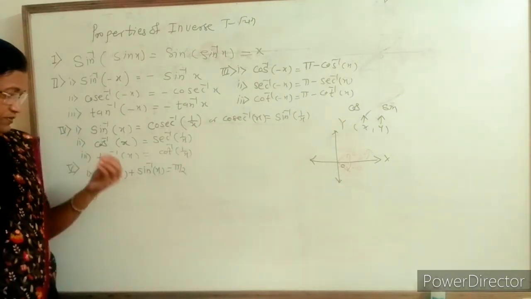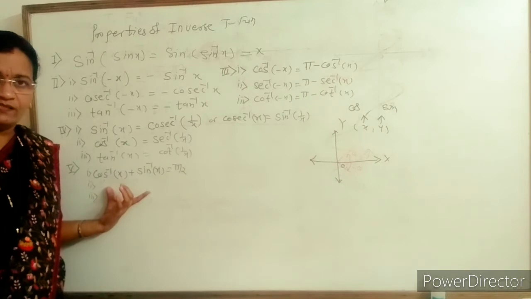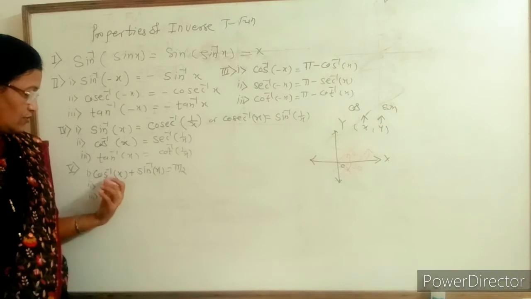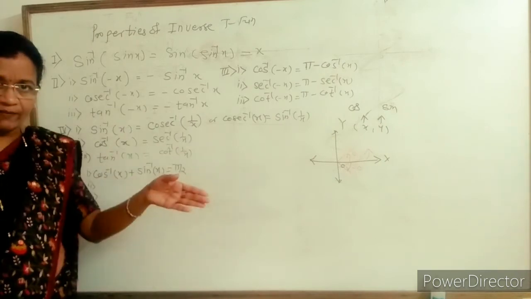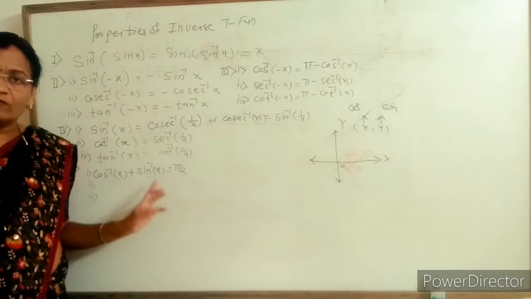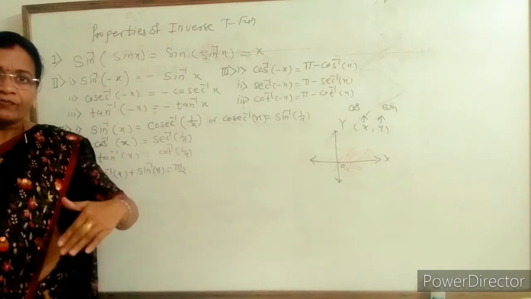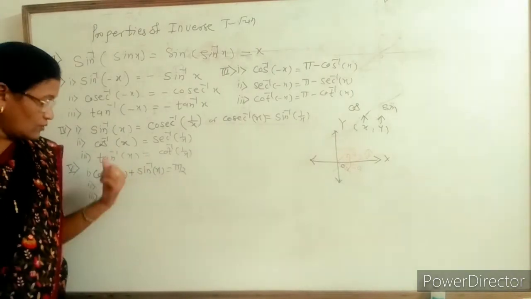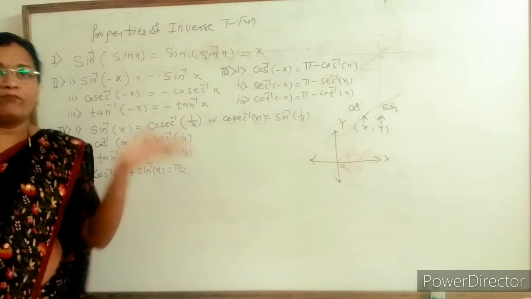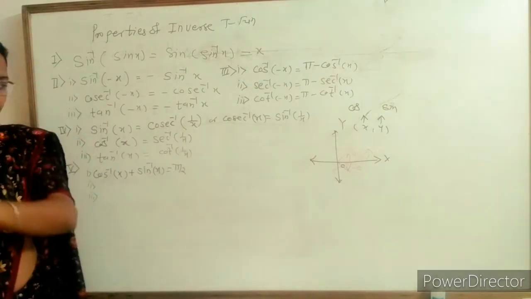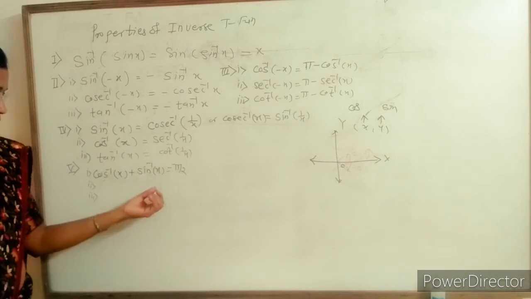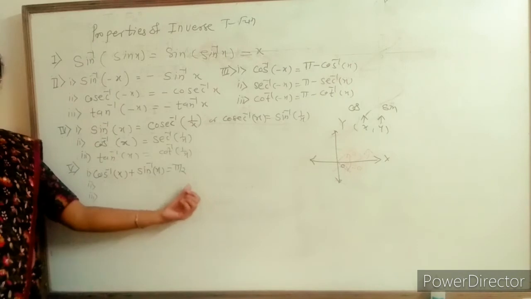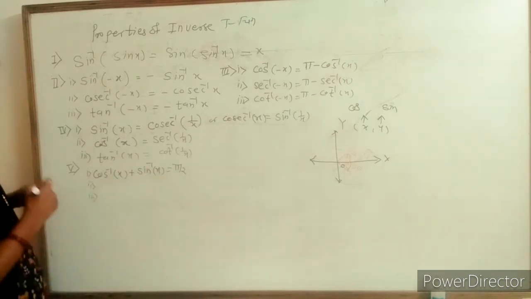Before this you know that if you assume one of the ratios, suppose you take cos inverse x equal to y, then with the help of this you find the value of x, so that x is equal to cos y. With the help of this cos y you can find the value of sine. So cos can be replaced by sine, but its angle can be replaced by its complementary angle, so that cos y is equal to sine of pi by 2 minus y. Sine of pi by 2 minus y is equal to cos y, and with the help of this we take pi by 2 free from this ratio, and you get the value of that identity: pi by 2 is equal to cos inverse x plus sine inverse x.